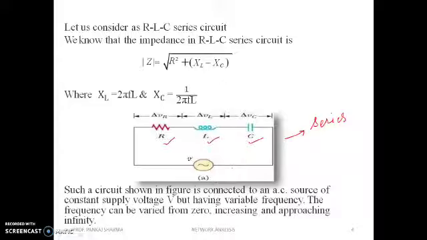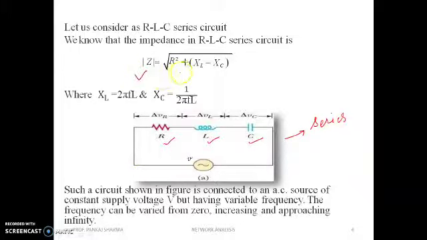You know that the impedance in RLC circuit is the total of the resistance and the reactances offered by inductor and capacitor respectively. That is, you can say what resistance is doing in DC circuit is exactly what impedance is doing in AC circuit. It means it is opposing the flow of current. This is your impedance.